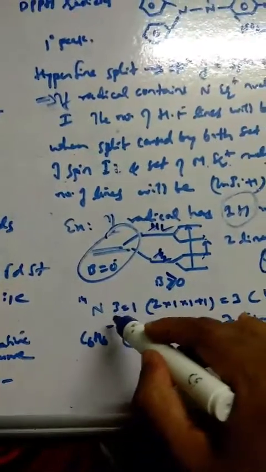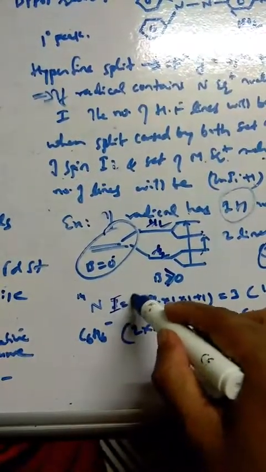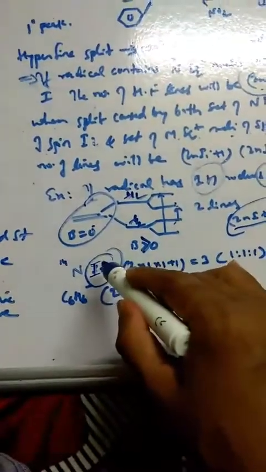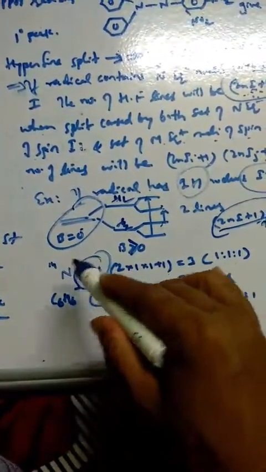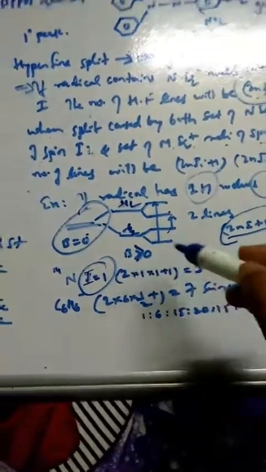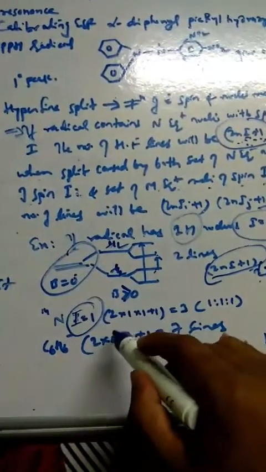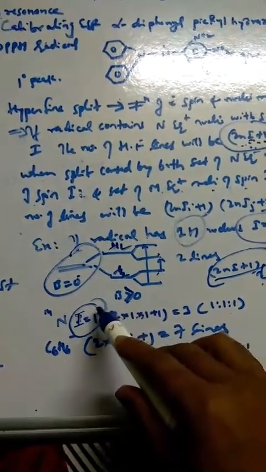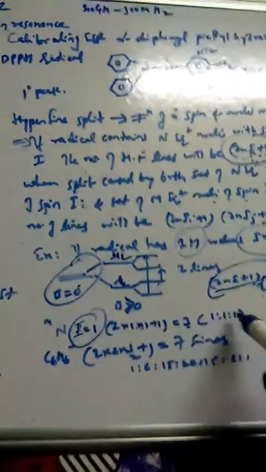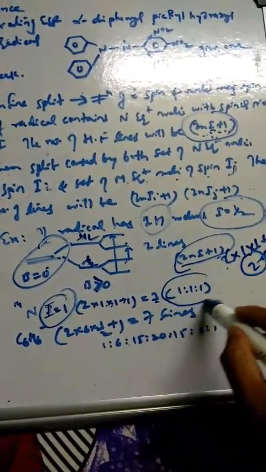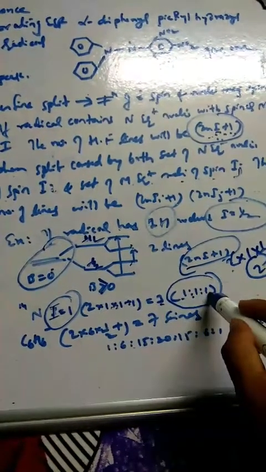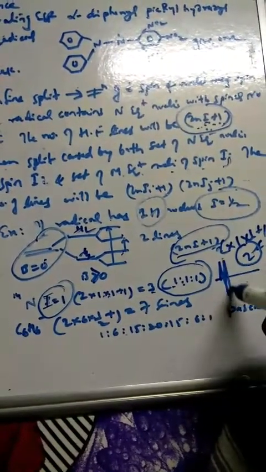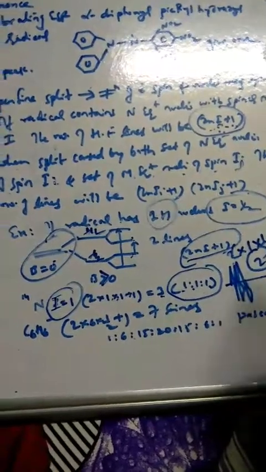Similarly for nitrogen, nitrogen has I value 1, always remember, like proton has half. So the spin quantum number I for nitrogen-14 is 1. If you go for the number of hyperfine lines here, it is 2nI plus 1, so 2 into 1 nitrogen, n into I is 1, 1 plus 1, that is 3. So it comes as 1:1:1 intensity. So 3 lines we are going to get, okay. So 1:1:1 intensity like this, I showed you 1, 2 and 3 like this.